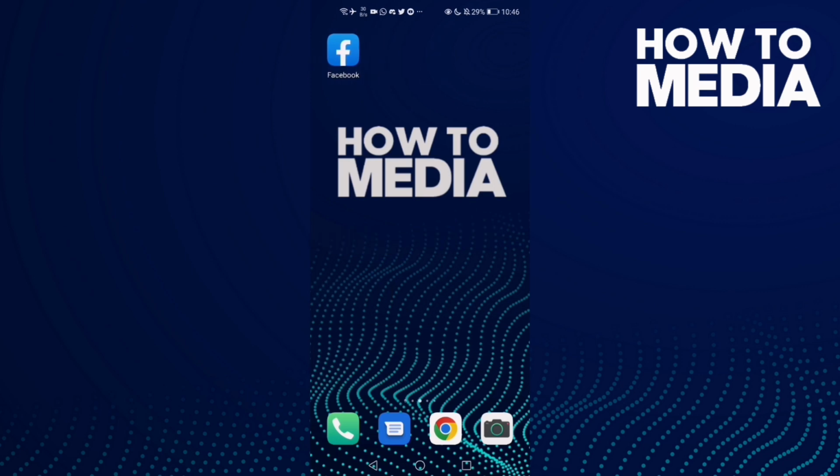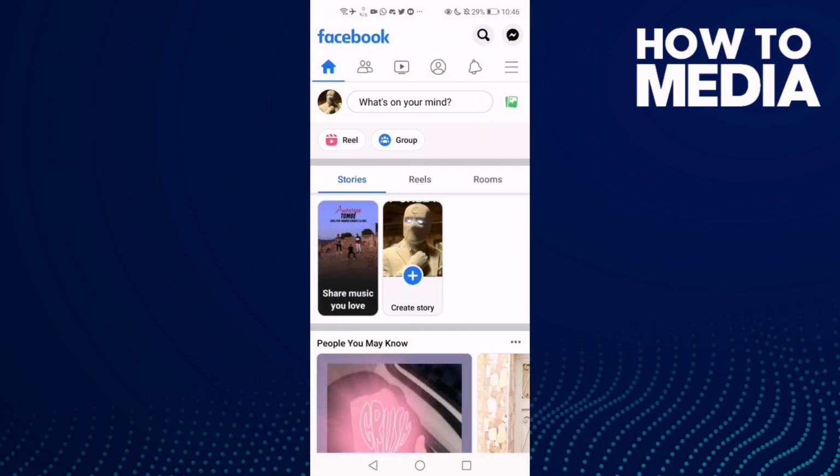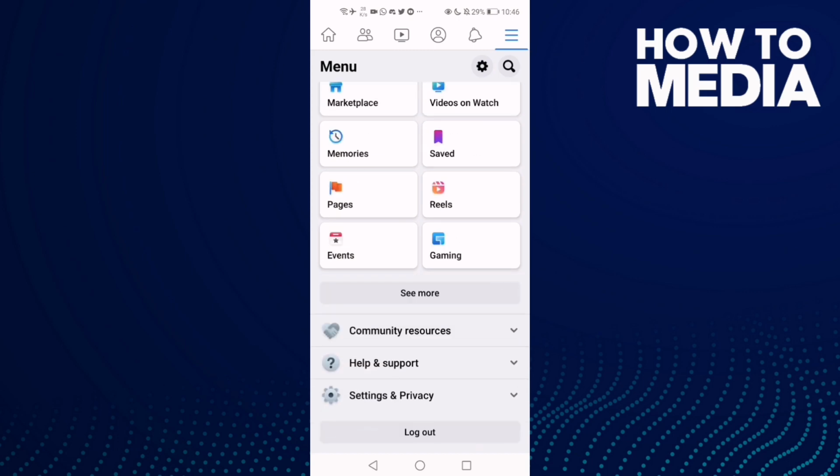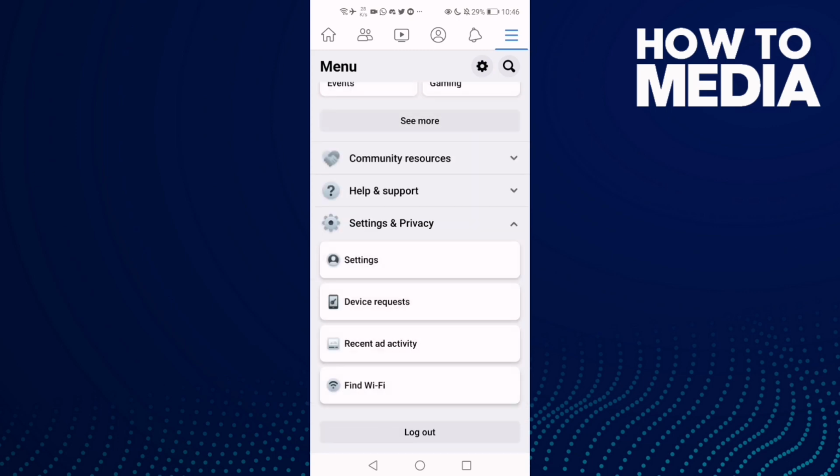First thing you're gonna do is go to Facebook and now click these three lines here and go down until you find settings and privacy. Click on it and then click settings,